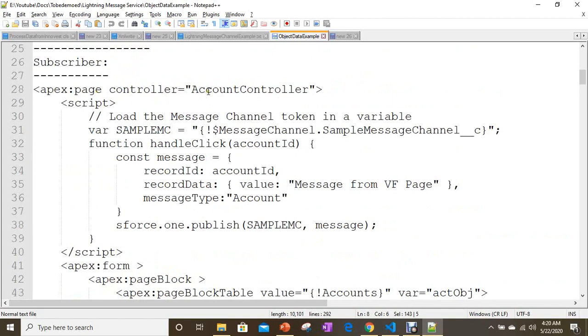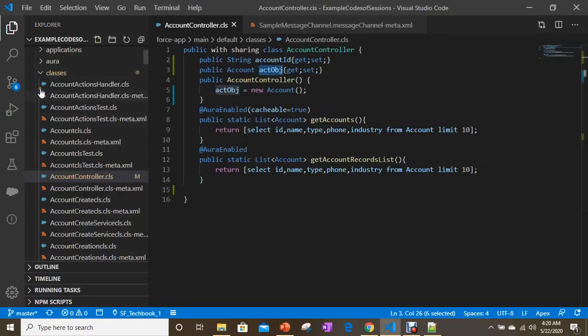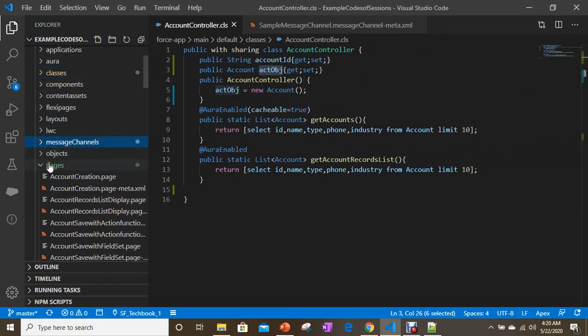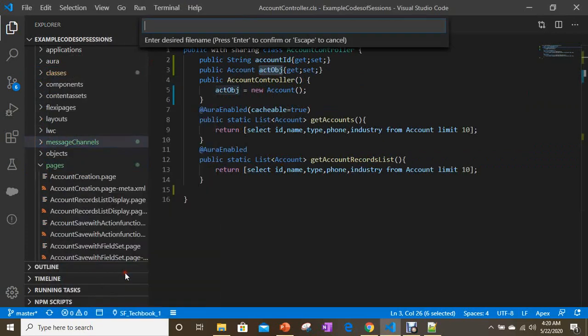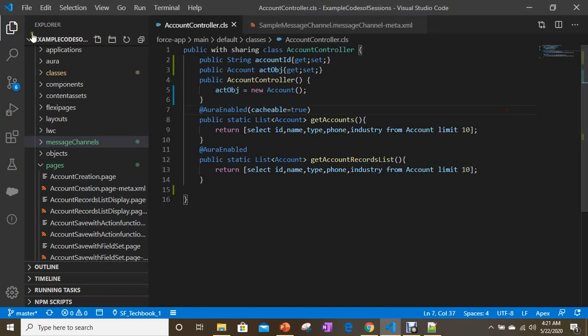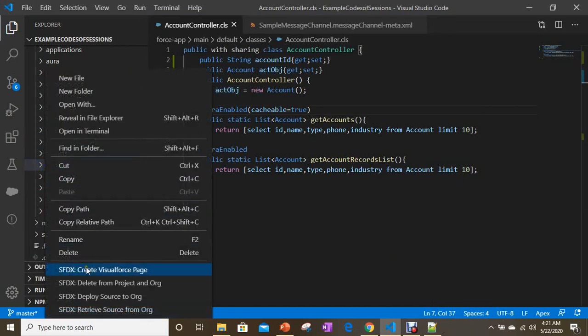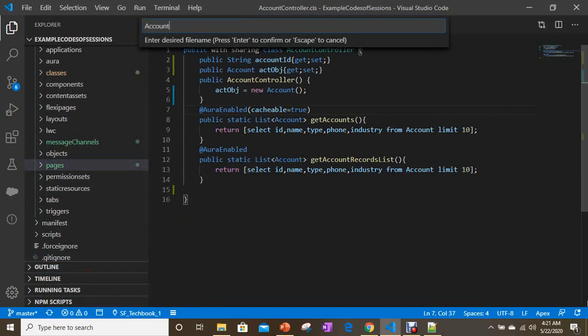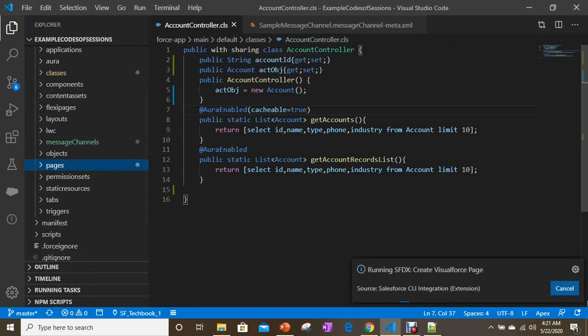I'm going to create one Visualforce page, account publisher. Let's create the account publisher page.